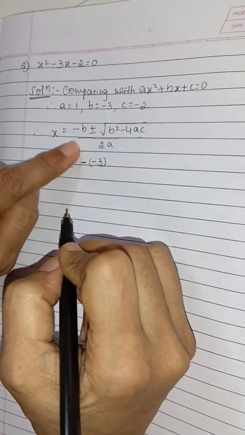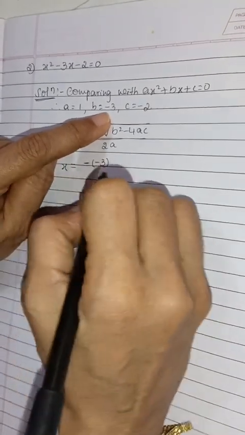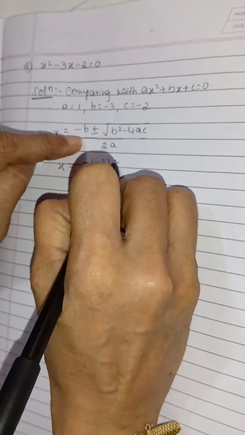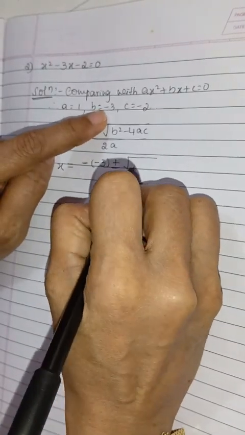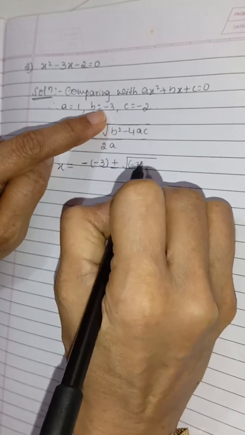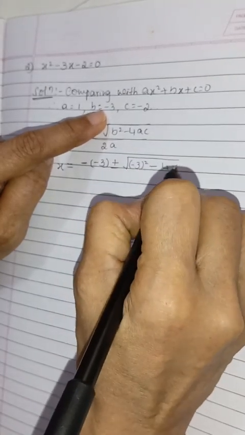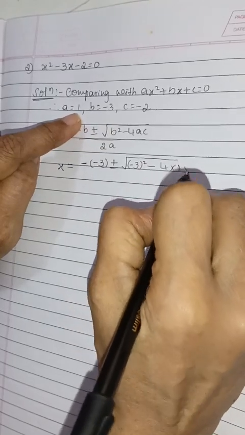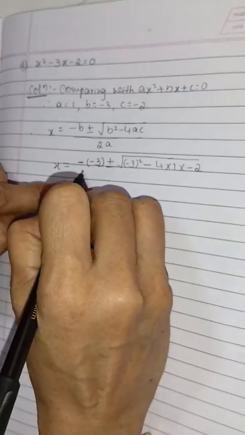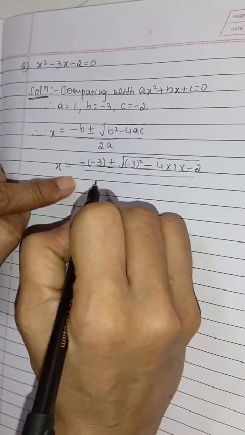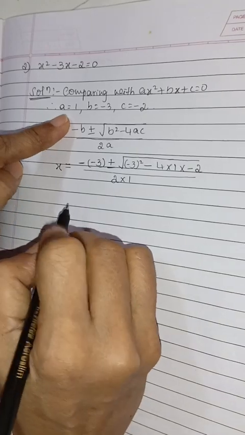Okay, minus, this minus is from the formula, and this minus is, this is minus 3. So plus or minus b square is minus 3 square. Okay, minus 4 multiplied by a is 1 multiplied by c is minus 2, divided by 2a, 2 multiplied by a is 1. Therefore